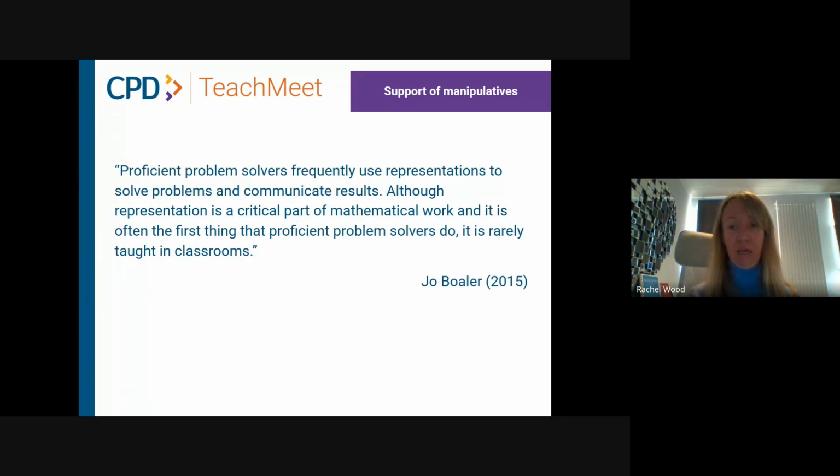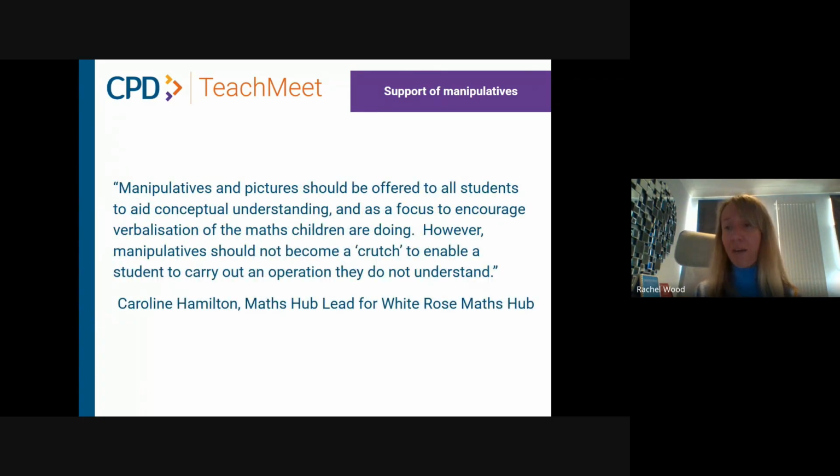And finally, my little bit. Caroline Hamilton, the Maths Hub lead for White Rose Maths Hub, says manipulatives and pictures should be offered to all students to aid conceptual understanding. There's a focus to encourage verbalization of the maths children are doing. So once again, all students, and it encourages that talk. However,